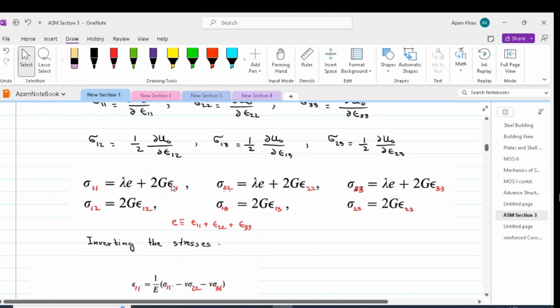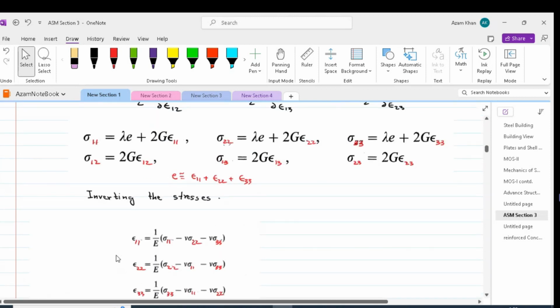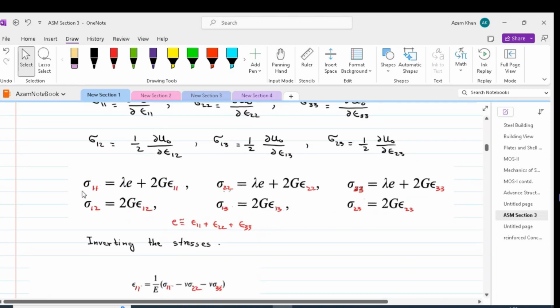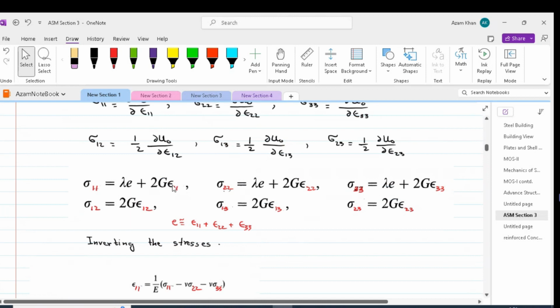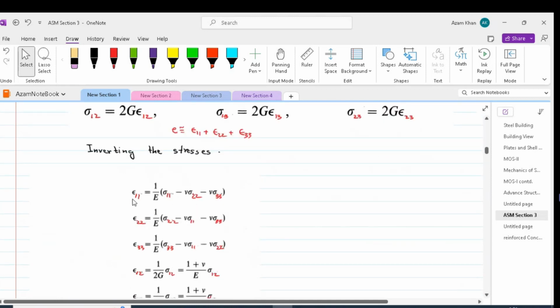Now we can work out the same equation in terms of strains. Please note that these expressions are actually relating stresses with strains. So these are constitutive equations. These constitutive equations can be brought in terms of strains, and by inverting these stresses, we get